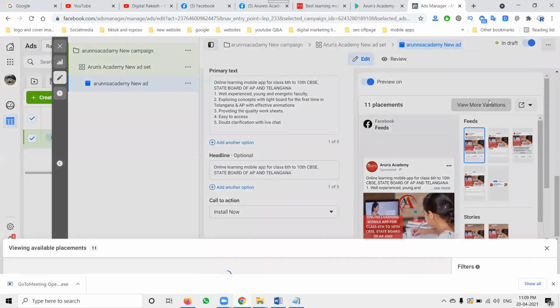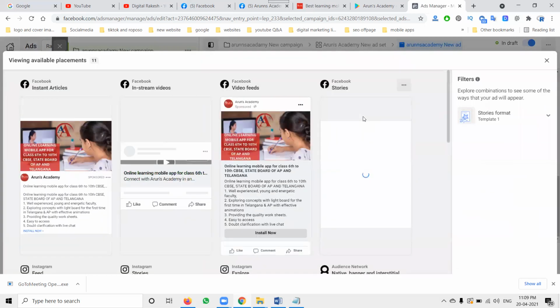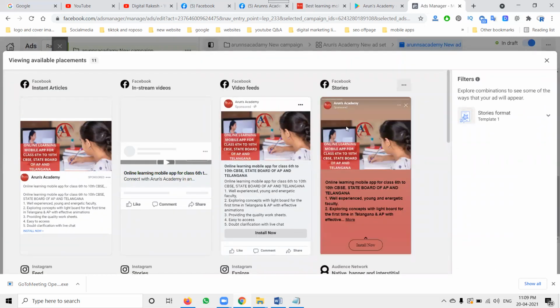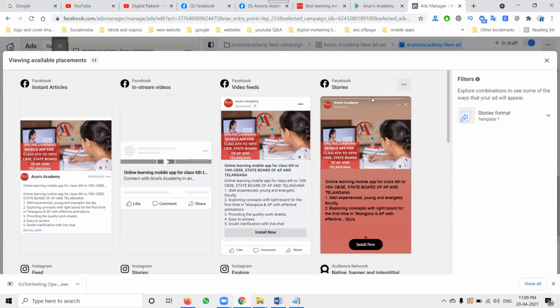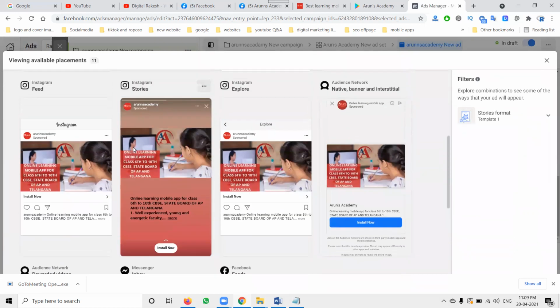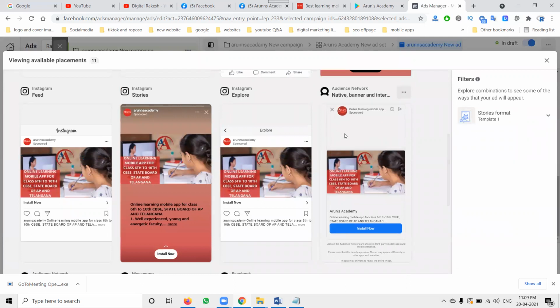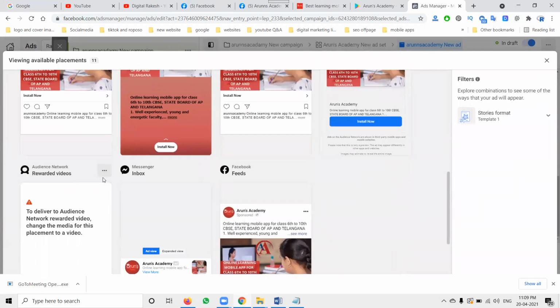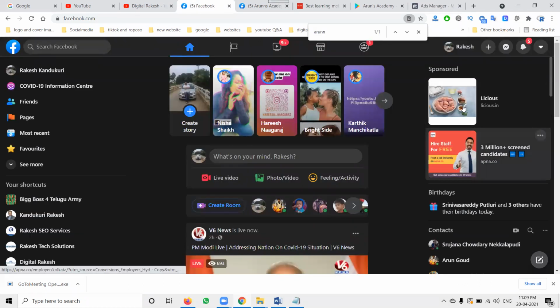There are total 11 placements. In 11 placements, except video, all placements will work. See this one: instant article, instant video, video feed, stories, Instagram stories, Instagram Explore, and audience network. They will not be displayed by the rewarded video, message inbox, and Facebook feed. If you open Facebook, the feeds will be here.